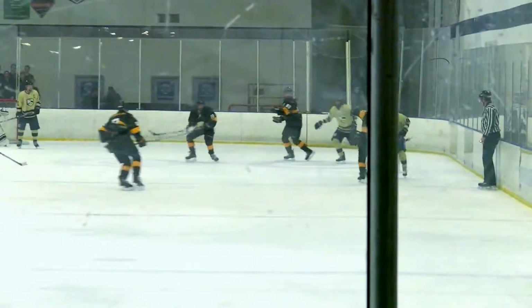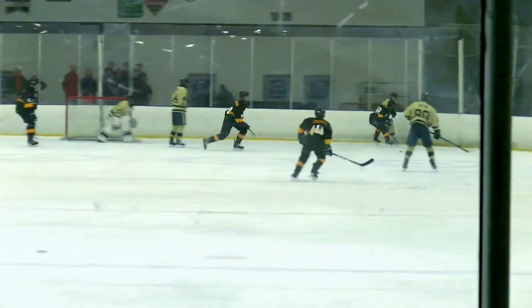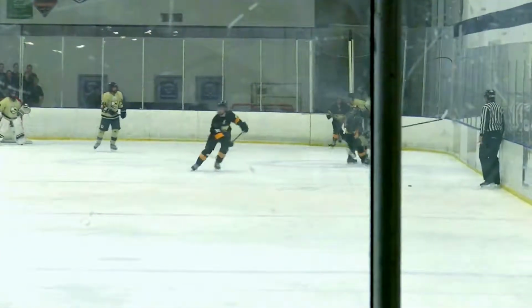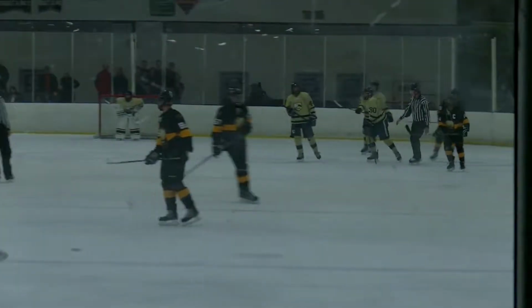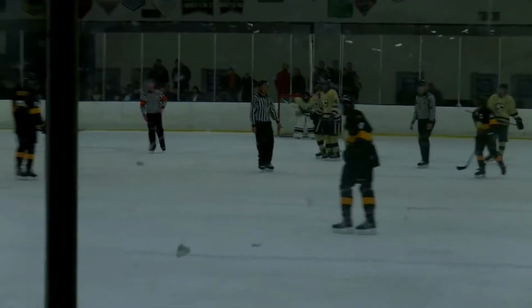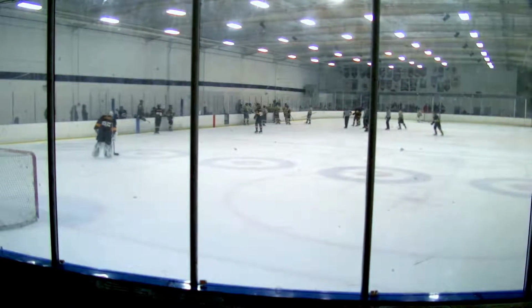Back to Niche, who fills in at the point. He sends it to the center. R shoots. Nice save. Whoa. Puck comes out. Niche delivers a hit. The GSE bench is cheering, and the call